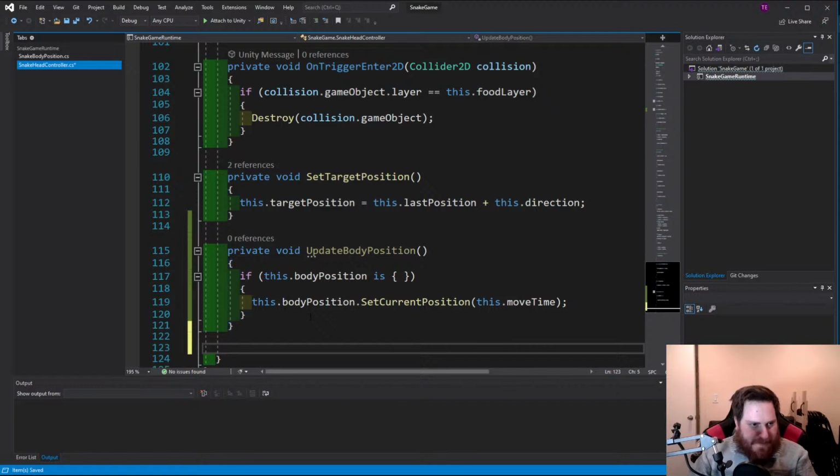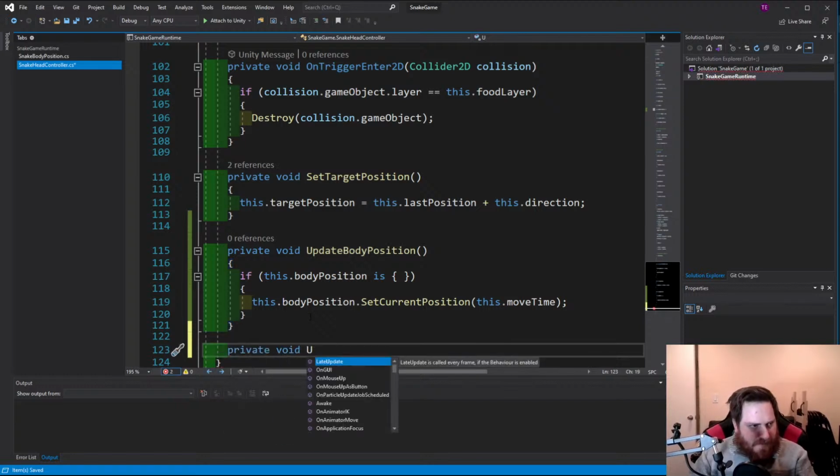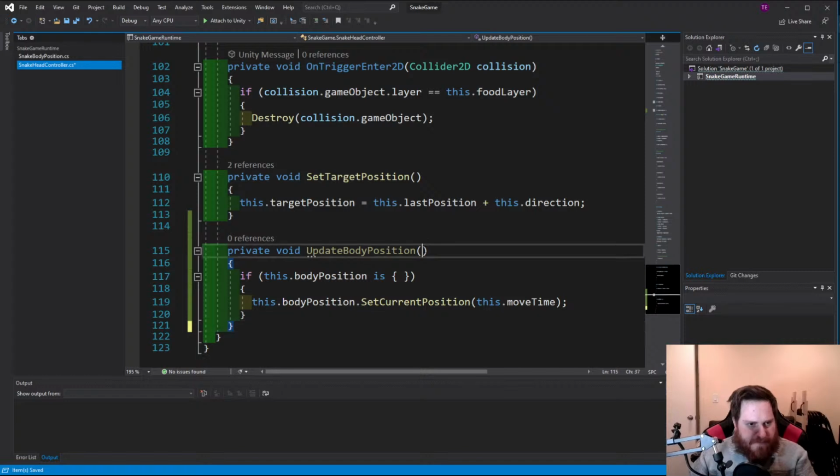Okay. Then private void actually, let's put in a boolean as well. So bool next